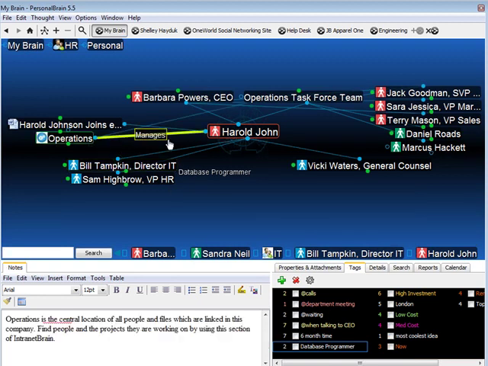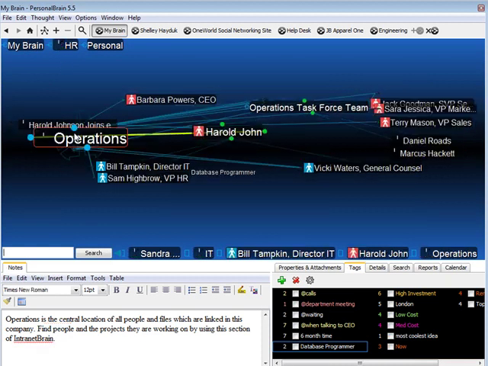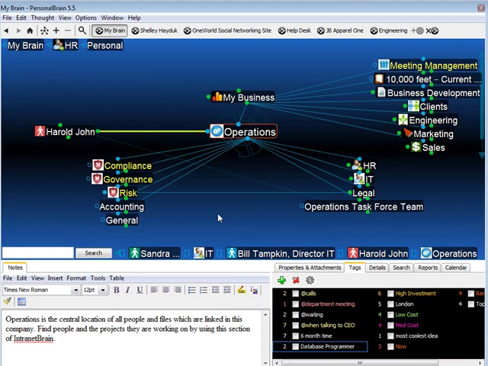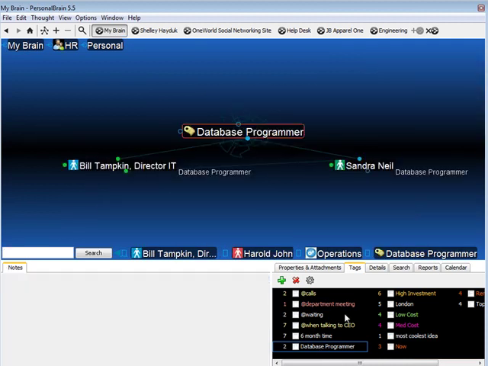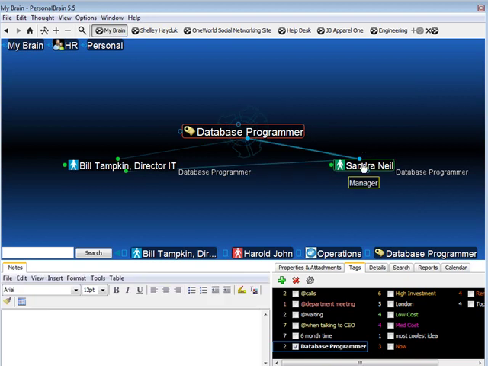So let's say I am now in my HR section, or a different section of my brain, and I'm looking at building a new team. What I can do is activate that tag on database programmers and see who in my staff fits that build. And then from there, I'll go ahead and create a new thought, and I can see it's Sandra